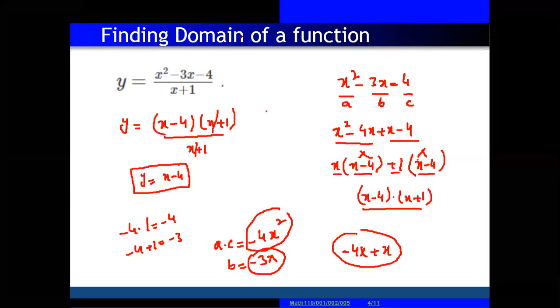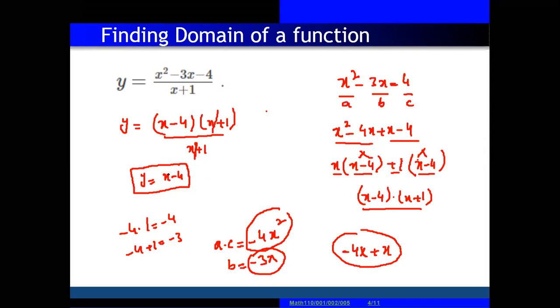So now we simplified y is equal to (x minus 4) multiplied with (x plus 1) divided by (x plus 1). x plus 1 cancels with x plus 1, and we have at last y is equal to x minus 4. So x minus 4 is actually the same as the first one. Now you can give any value, negative values, positive values, zero values, and this will give you some output value.